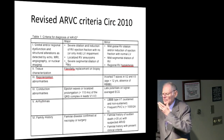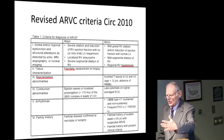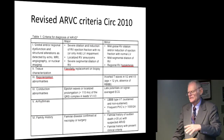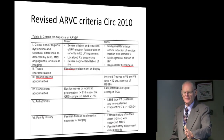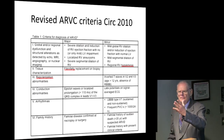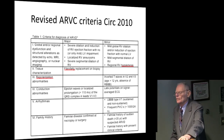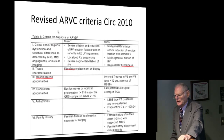Okay, now the important thing to be clear about with ARVC is that there isn't a gold standard clinical diagnosis. The gold standard is pathology. If you get a hold of pathology and you see fibrofatty replacement of the heart, and the pathologists have very stringent criteria. It's got to be greater than 50 or 60% of fibrous tissue within a tissue section to make the diagnosis. But for the clinical purposes, what is done is we used the revised ARVC criteria, revised by the